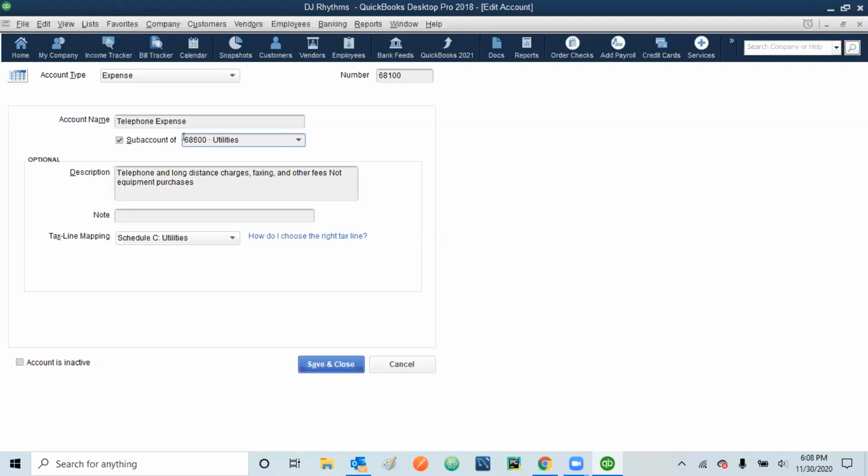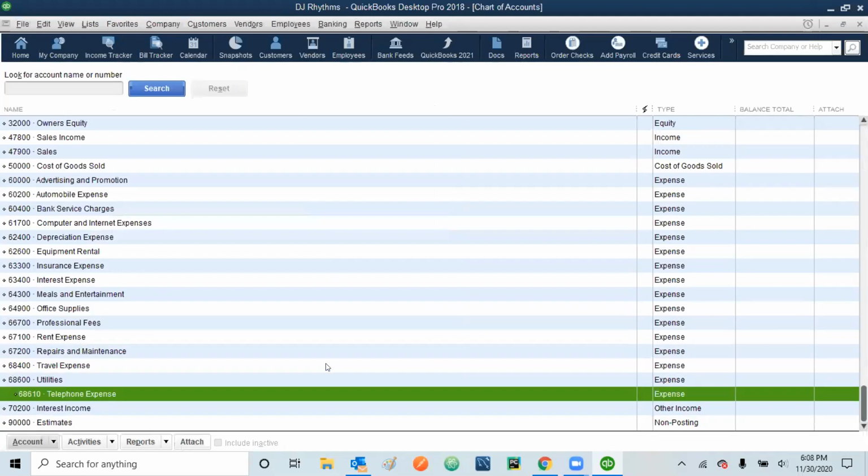So it has to be a number which is showing this value. So we are making it 68,610. That's it. So once you're done, just say save and close. Right? Or we have to make some more changes. Yeah, so that's it. Save and close.